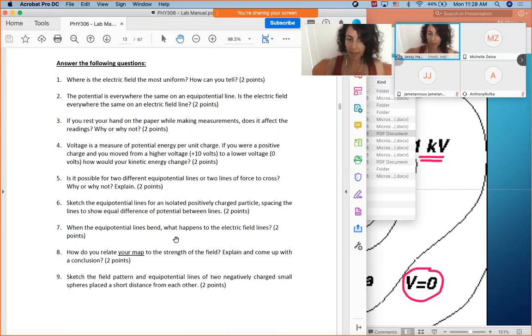How do you find the answers to these questions? You can use your textbook for the course, your slides for the course, or try to read online for theory-related questions. Some questions are like: is it possible for 2 different equipotential lines or 2 lines of force to cross? This is a famous question. So think about it. Try to give a reason why your answer is yes or no. It could be an example or a counter example. Let me know if you have any difficulty on that level, okay?